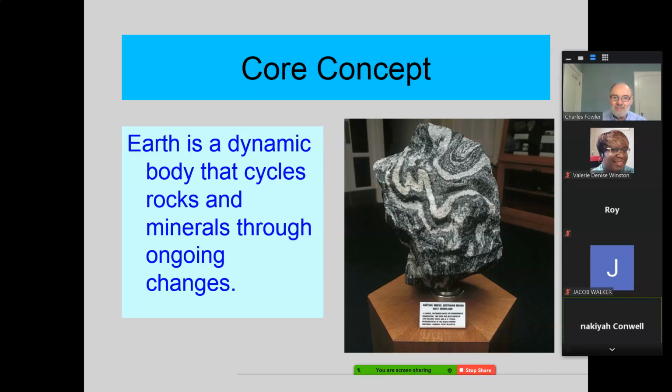Okay. The G is silent, but it's gneiss. It's a piece of gneiss. I don't know if you can read that here. I can't, but maybe you can. What it is,